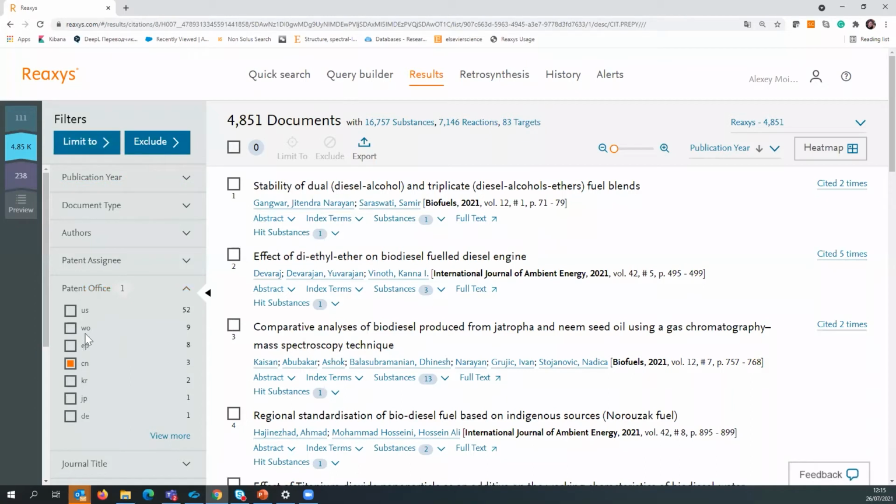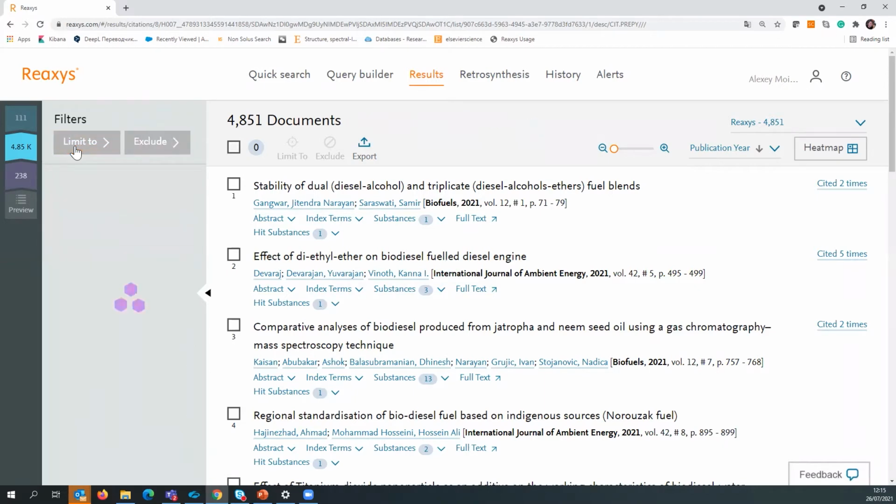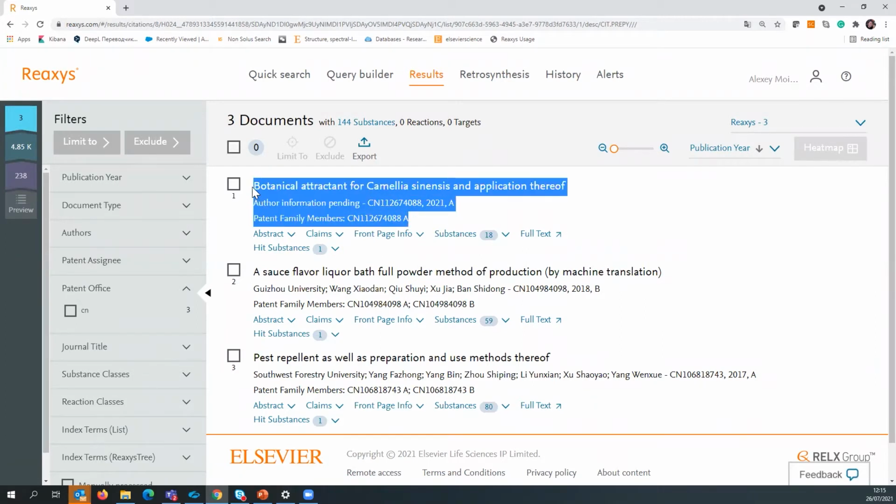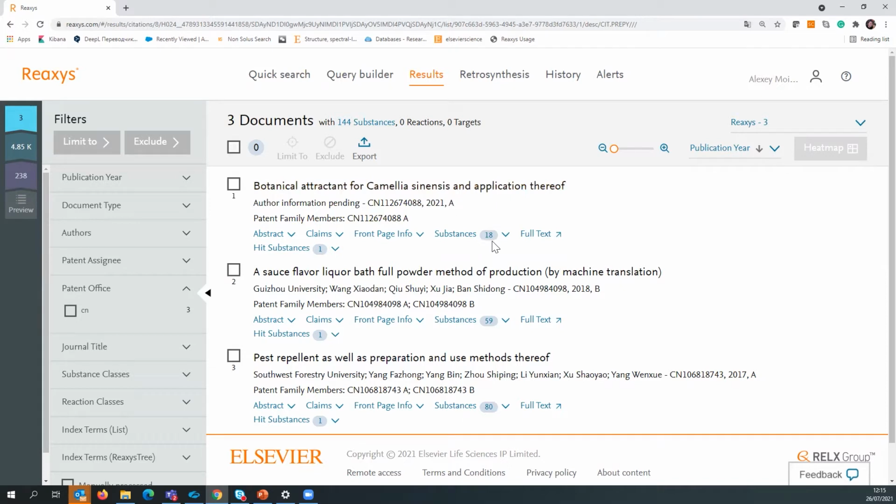I can show you. For example, we are filtering by patent office, filtering by Chinese patents. We find about 3 Chinese patents. What is interesting is that originally this document was published only in Chinese. If we go to full text, we will be redirected to the patent office's website, and everything will be in Chinese. Without Reaxys, you're not able to find this document, you're not able to read this document, but